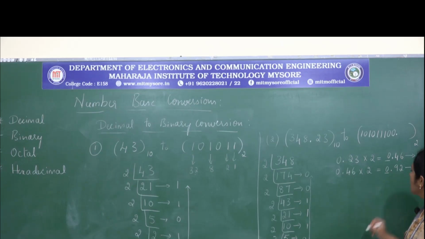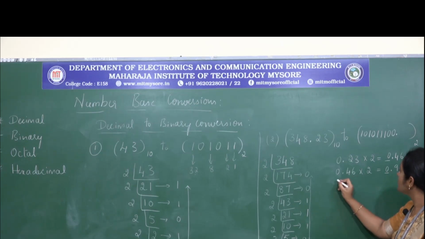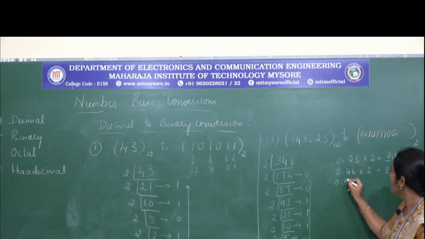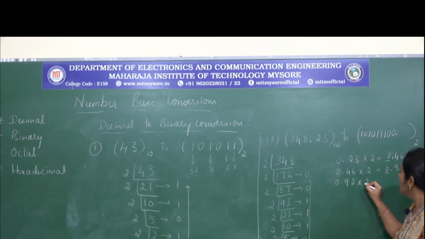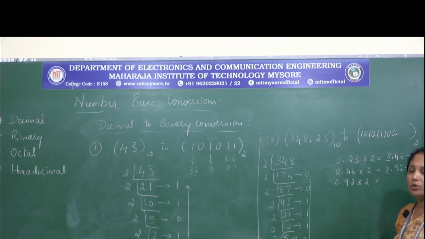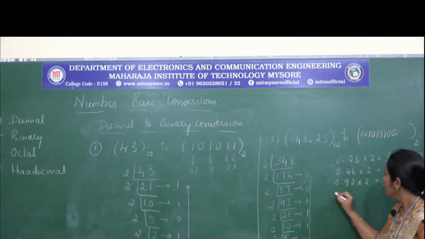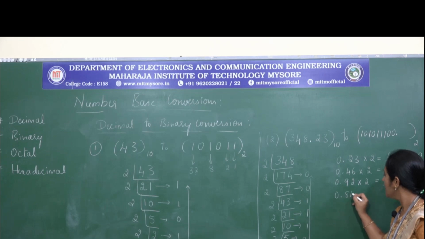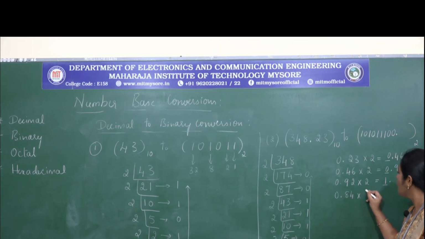We have 0, yes, note down, and next here 0.92 into 2, yes, 0.92 into 2 we will get 1.48. So 1.48, now what we need to record? We need to record this digit. So what we need to carry for the next step? Only the digits after the decimal point, that is 0.84 need to be carried further and 1 should be